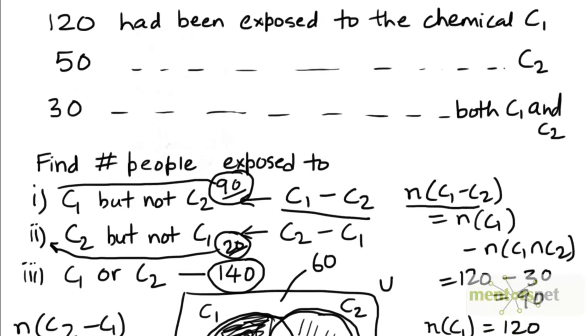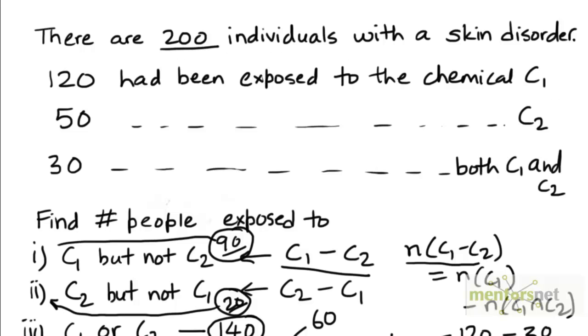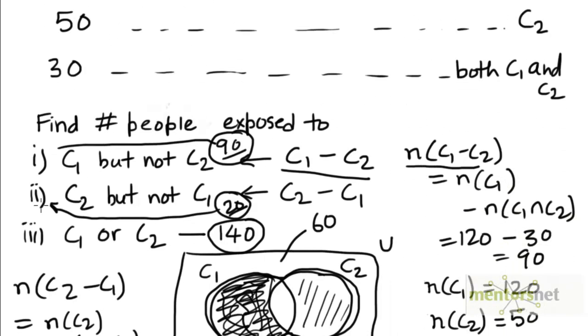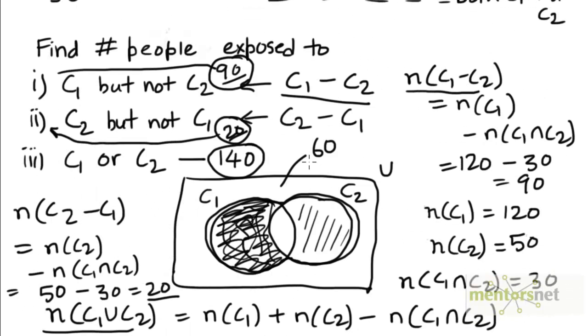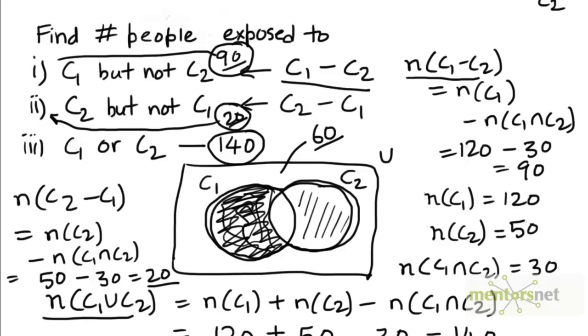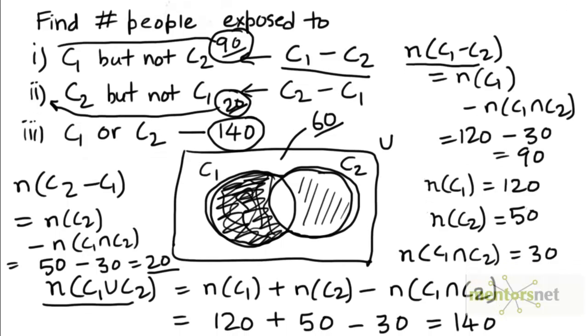Note that we didn't actually end up using this value for calculating the three values that were asked. So this information was actually not required to answer this question, but it was still given. And we did use it to figure out that there are some people outside of both these sets, 60 of them, but it wasn't really necessary to calculate these three values. So sometimes you can expect the question to also give you some data that might not be required for you to answer the question. You shouldn't get confused by it.